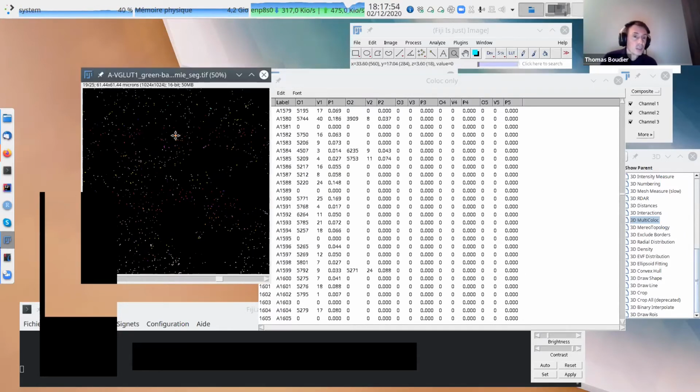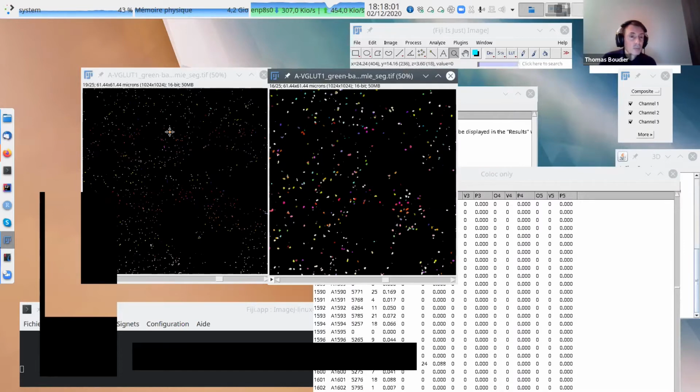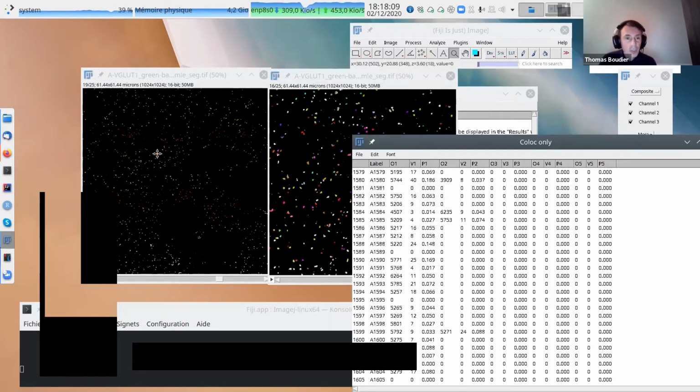From a biological point of view, the first image is like a pre-synapse. The second image is a post-synapse. So when pixels are colocalizing, that means there is a synapse. You can see with the colocalization here, some pre-synapse may colocalize with more than one post-synapse.